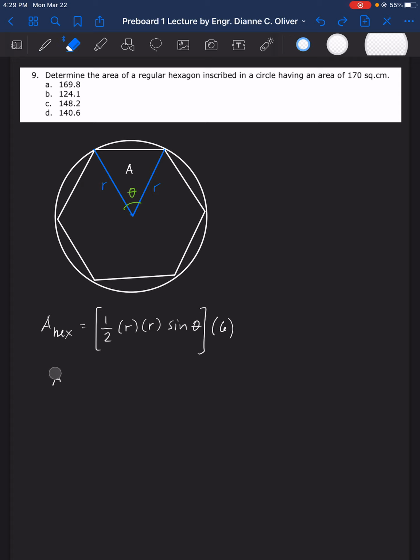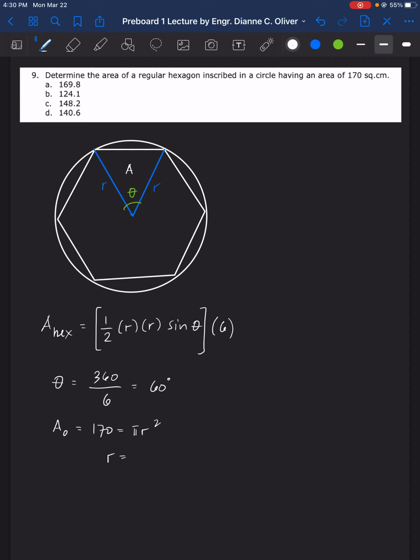Now for the theta, it's quite easy because it's a regular hexagon. You just have to divide 360 degrees by the number of triangles, the number of sides, which is 6. Then we have here 60 degrees. So we have the theta. Then for the R, given the area of the circle, which is 170, area of the circle is pi r squared. So r is equal to the square root of 170 divided by pi. So that is